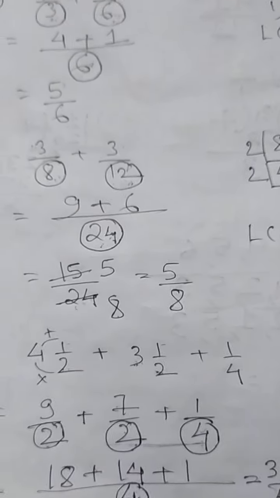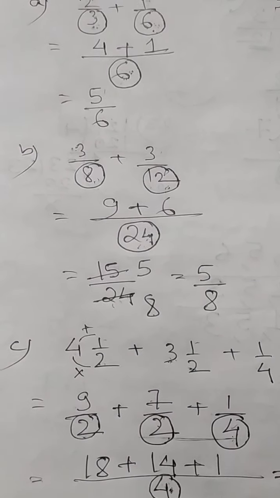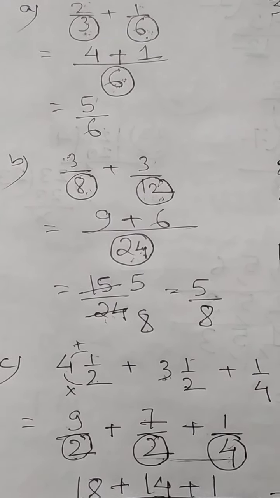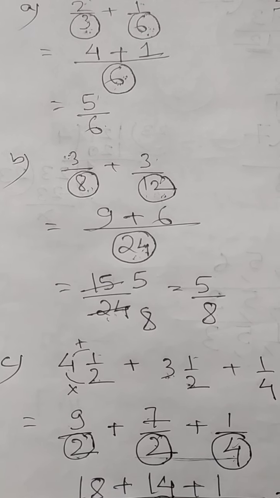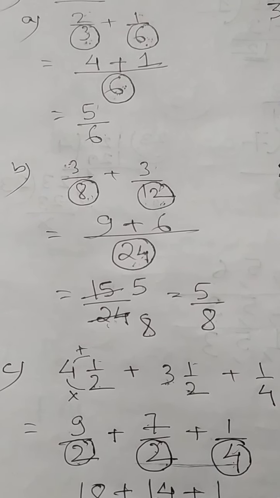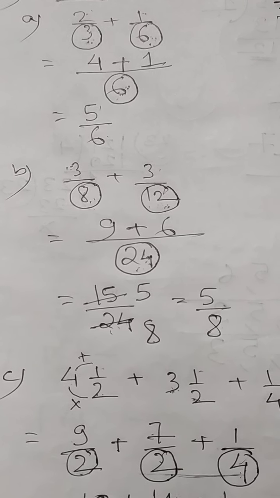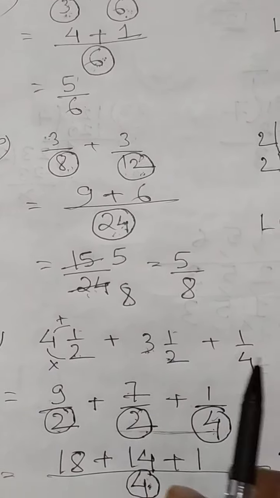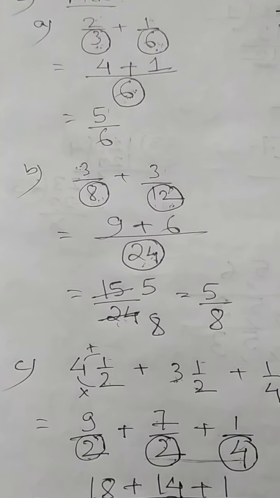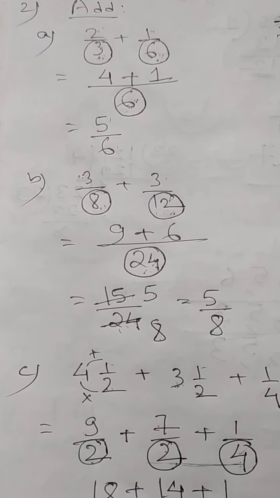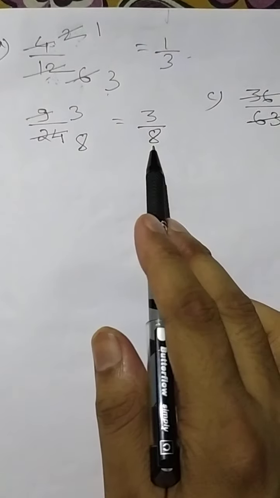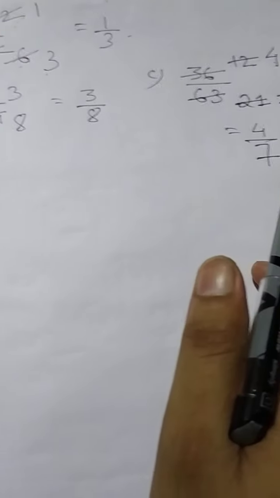So I hope all the solutions are clear to you. So once again you go through the video and especially see the addition. Addition and subtraction are same. If you can do addition, you can do subtraction also. And with 3 numbers, 4 numbers, with any numbers you can do. Okay? And this one is the simplest form. Simplest form is easy. So today up to this much.